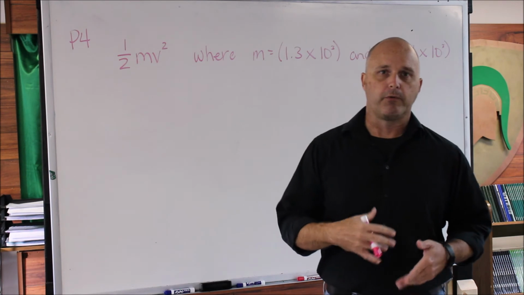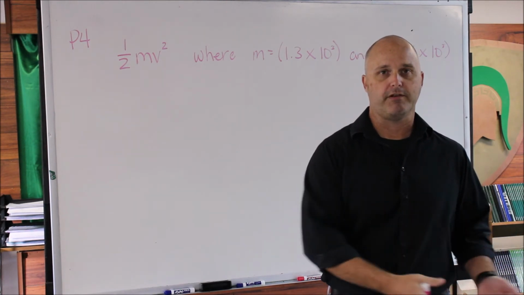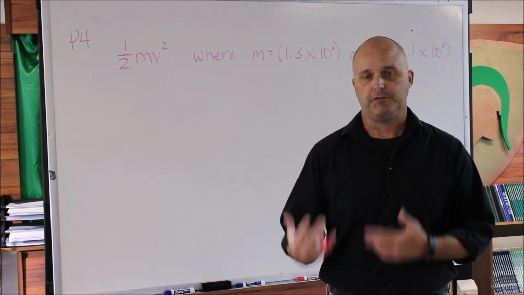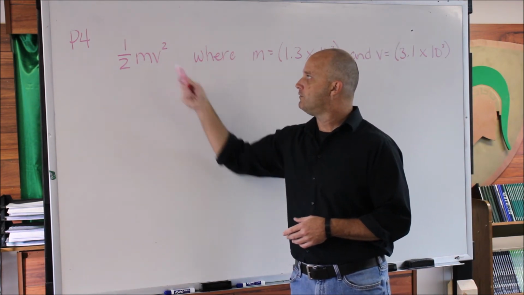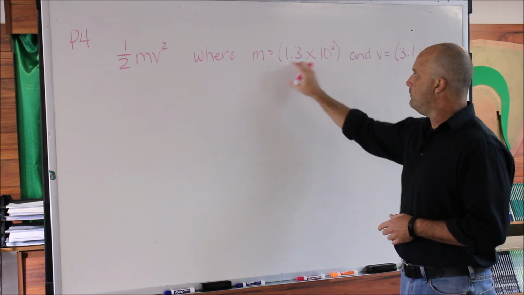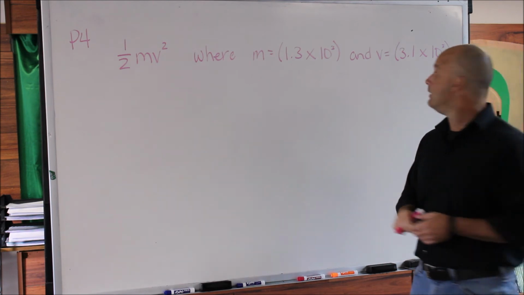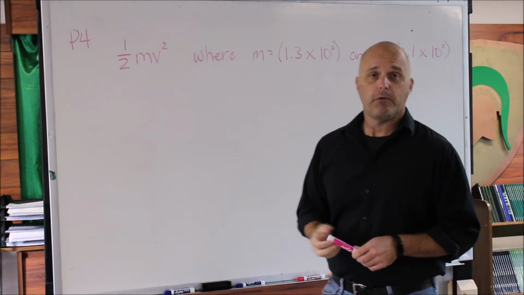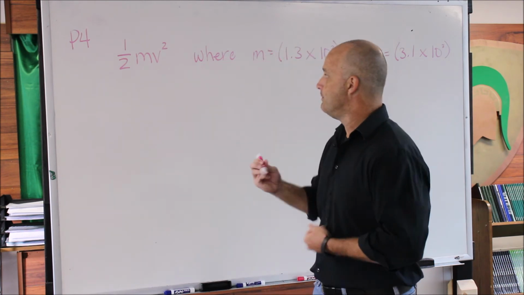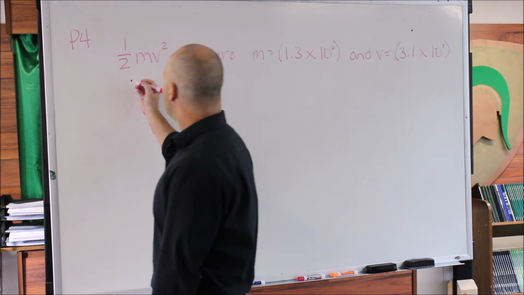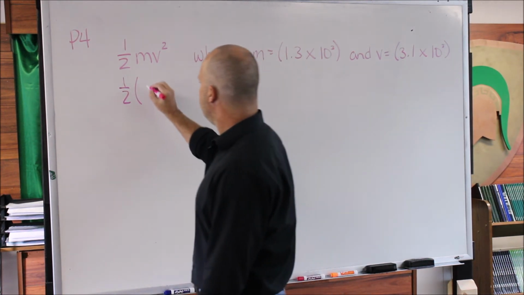So in problem number 4, we're looking for the kinetic energy of an object with a specific mass that is moving at a specific velocity. So we're given the formula 1/2 mv squared, and then we're told that m is equal to 1.3 times 10 to the third, and v is equal to 3.1 times 10 to the third. So what we're going to do is just go ahead and substitute our known values into this expression. So we've got 1/2 times 1.3 times 10 to the third,